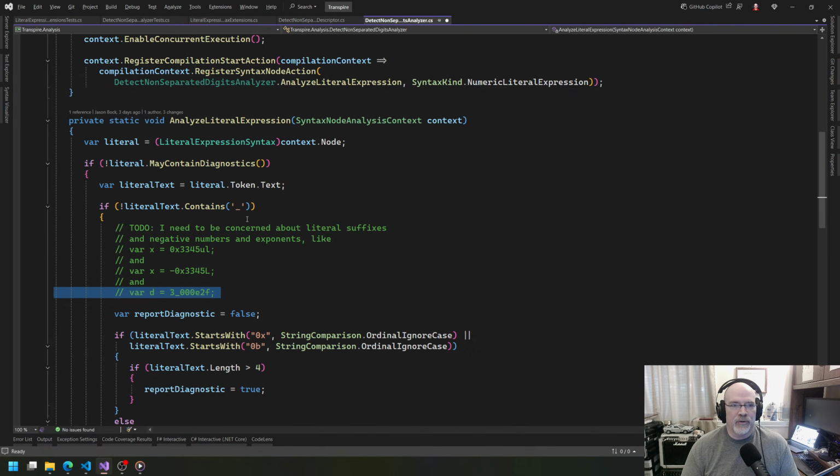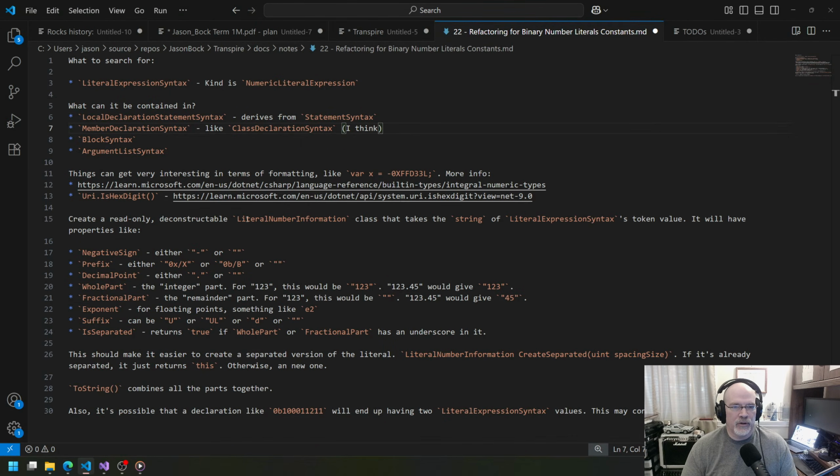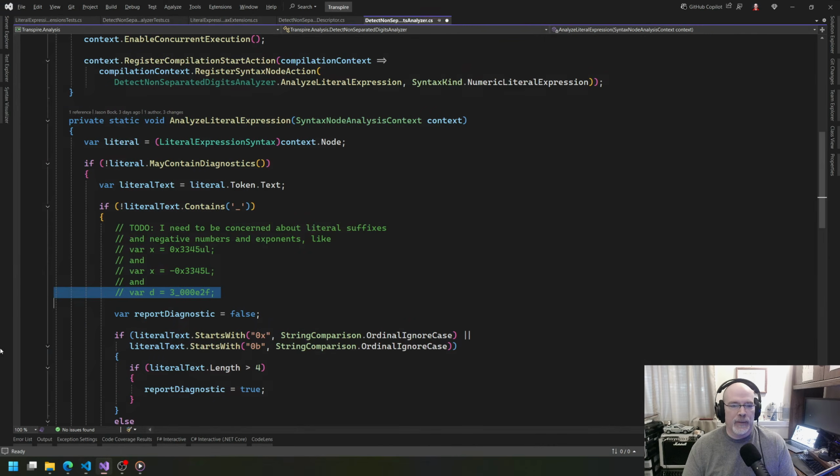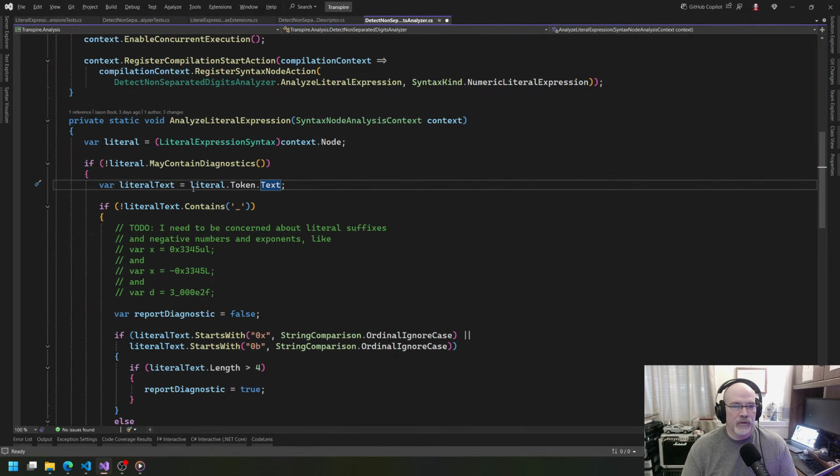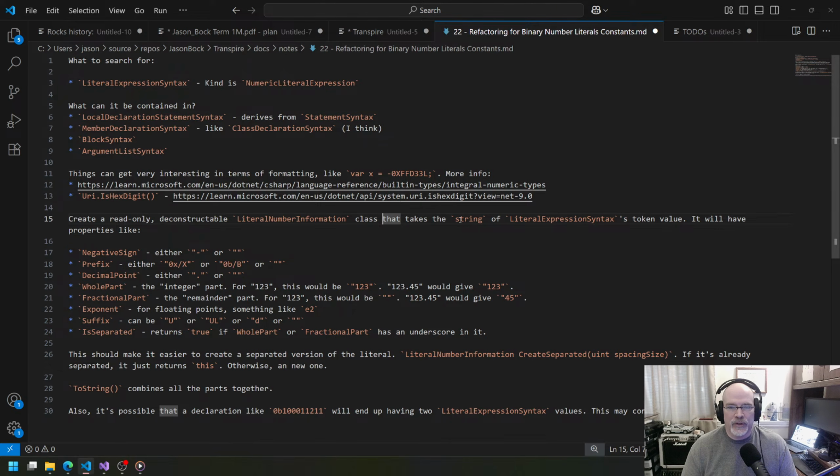So this starts getting really complicated, and the more I thought about it, the more I think the best thing to do is to move all the parsing logic into a class I'm going to call literal number information. What that's going to do is take the string of the token's text, and I could just give it the literal itself,